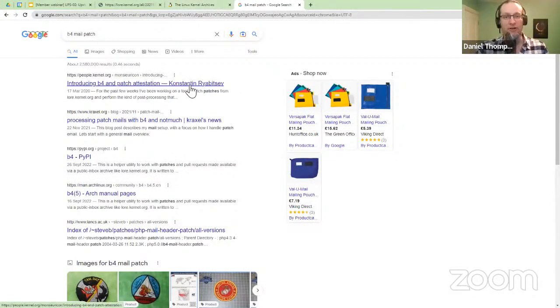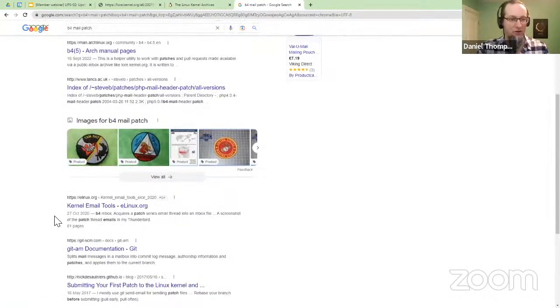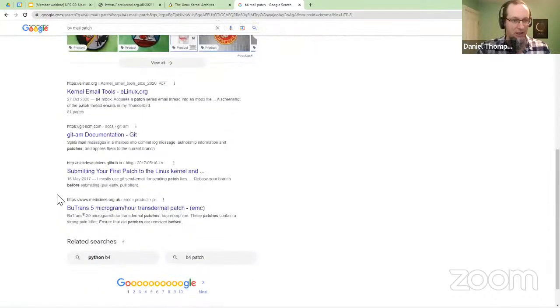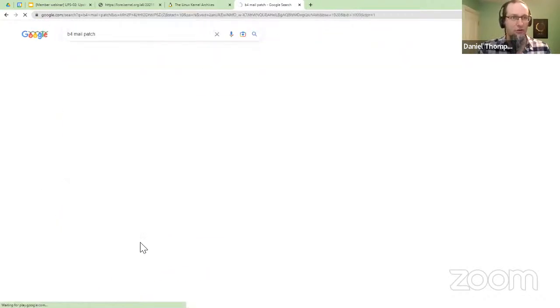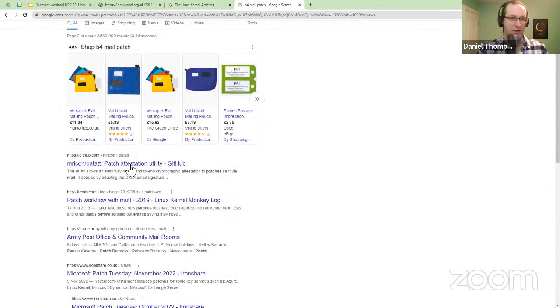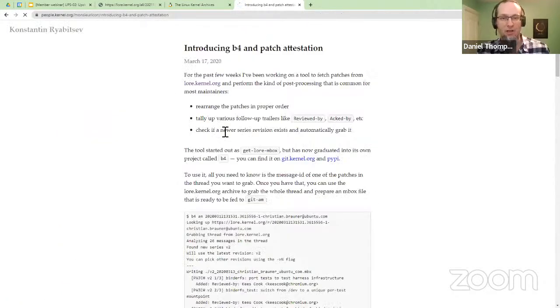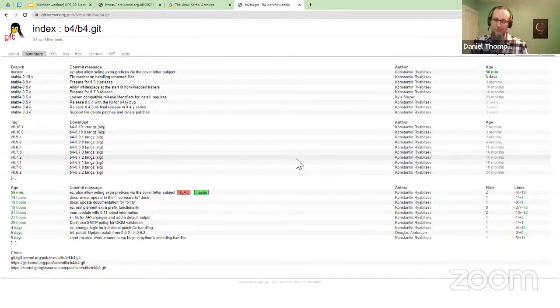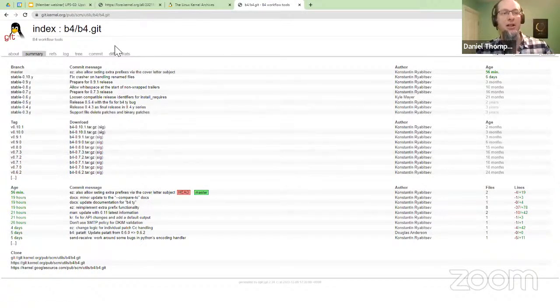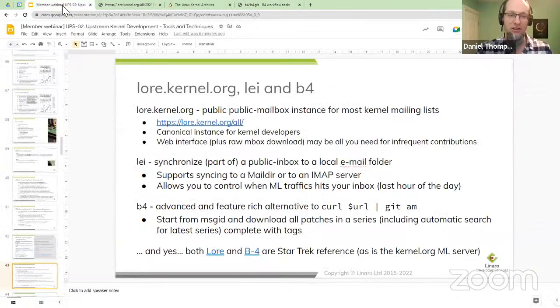You can find some blog posts about the introduction of it and how it works. You can find B4, and eventually you will find the GitHub, which in this case has actually dropped off into the next page. That's the author. Hopefully you can find it from that first one that tells you how to find it and where to get it and so on and so forth. So yeah, the name is not super convenient to Google for because it's not unique enough. But if you add mail and patch, you will be able to find it.